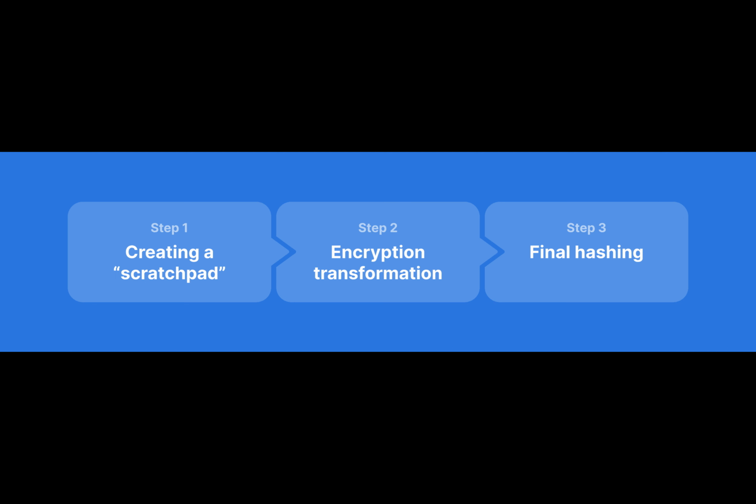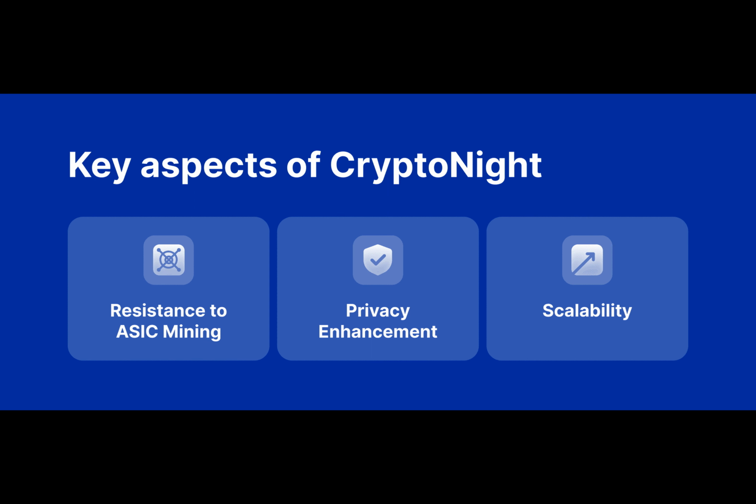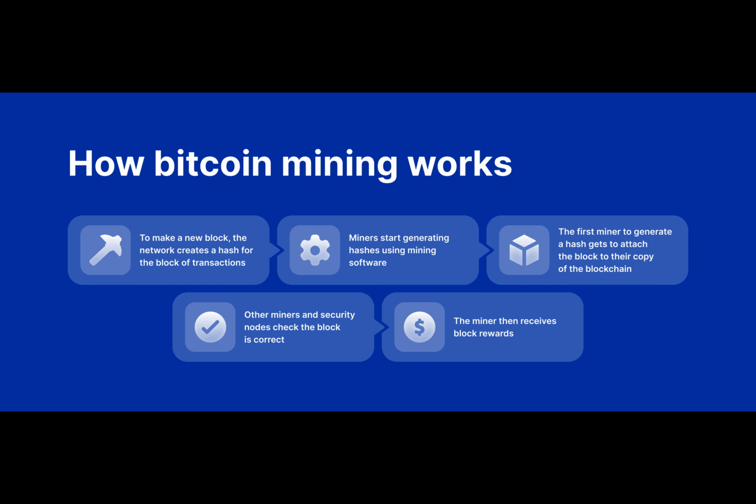Since CryptoNight Heavy relies on a trustless peer-to-peer network, it may be more susceptible to distributed denial of service attacks. These coordinated attacks overwhelm a network with fake traffic, making it difficult for nodes to function properly and validate new blocks. And despite all the challenges, developers continue to explore the potential of the CryptoNight algorithm and work